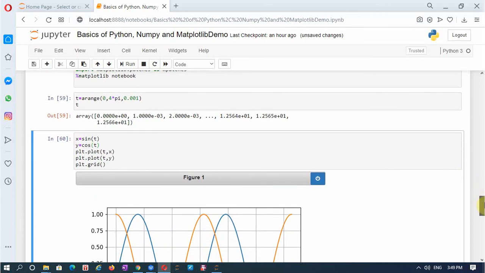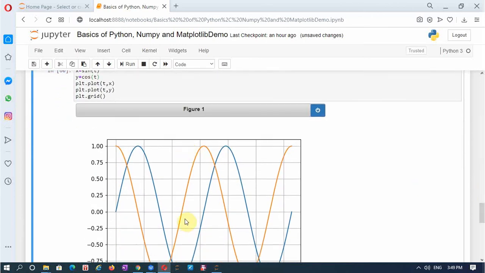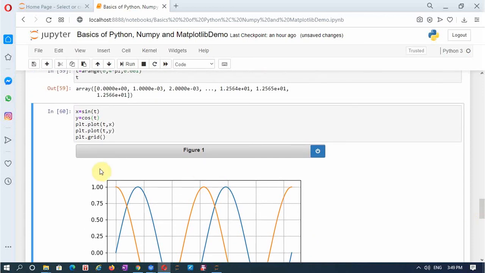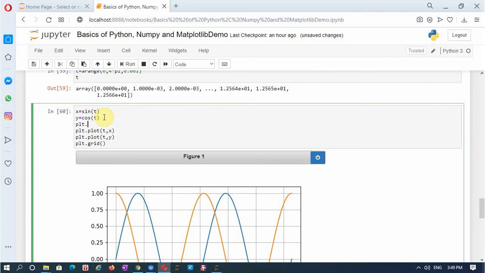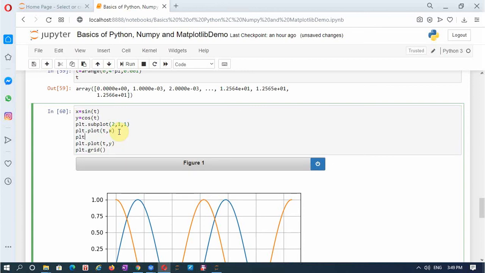Suppose I don't want these two graphs on the same axis of reference. Instead, I want two separate graphs with independent axes. Then I can make use of subplot, plt.subplot. Let me organize into two rows and one column. The first plot is subplot(2, 1, 1), that is the sine signal. Then the cos signal is (2, 1, 2).